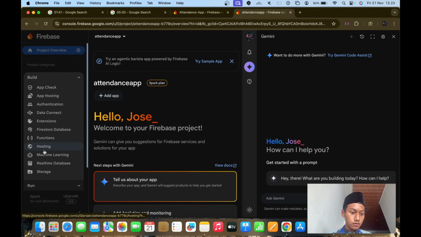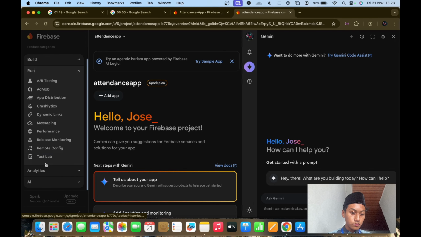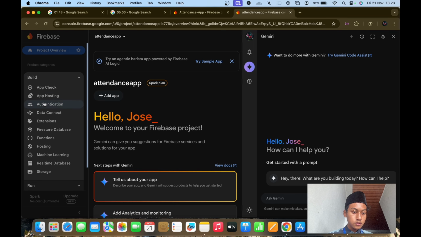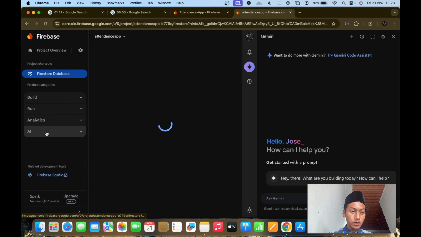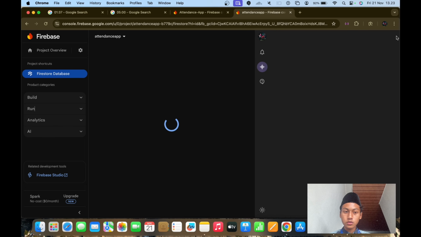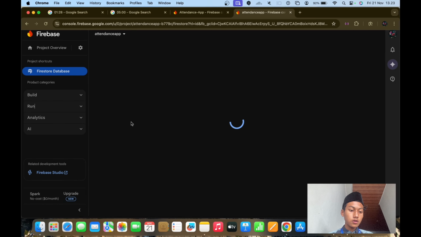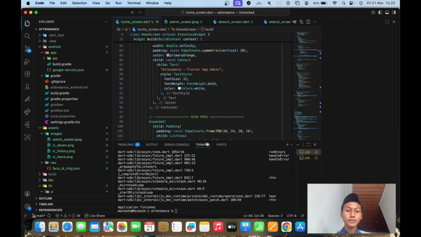You can go to this, and you can run this database. You can close the Gemini also. So the UI for Firebase looks like this.